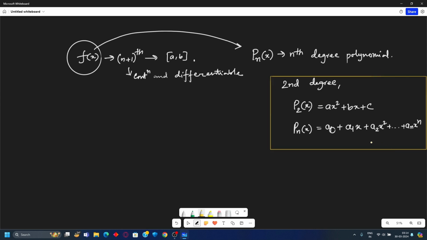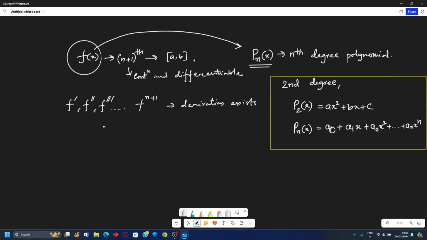Okay, so we have a function. That function can be differentiated up to n plus 1 times. That means f dash, f double dash, f triple dash, and so on, the f n plus 1 derivative exists. That exists. Okay, so now we want to approximate this function with this polynomial, that is our nth degree